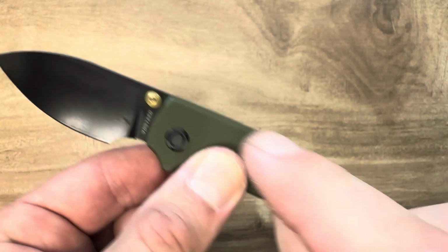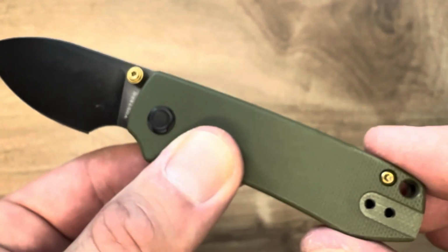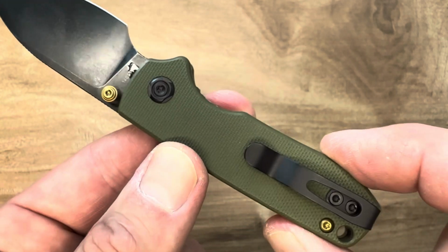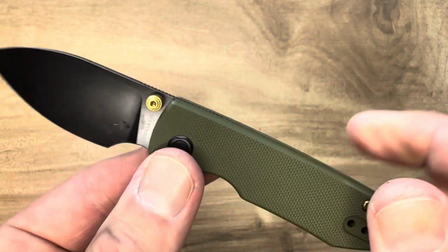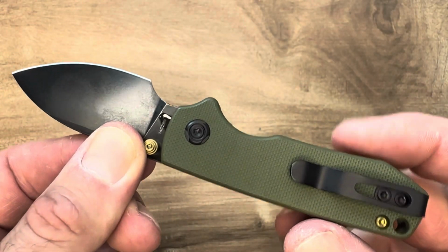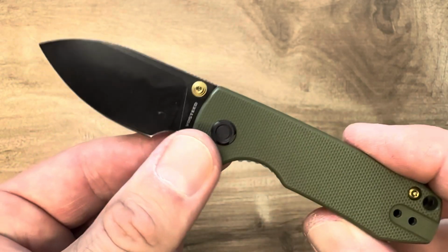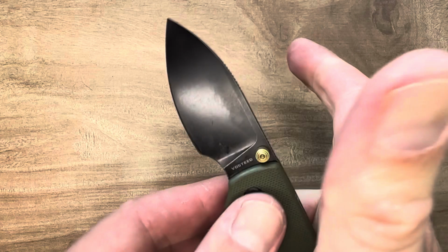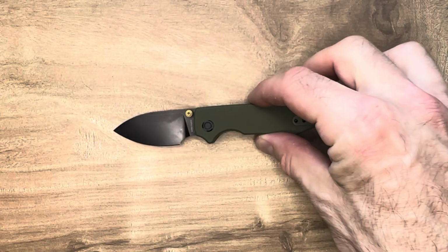So yeah, the gold hardware, that looks so cool. It really comes off nice instead of just the plain old silver. I like that nice little touch of gold on the green and black. It looks very cool. That nice Vosteed aggressive look that you're used to. G10 grabs very well. Controlled cuts, great ergonomics, a very cool small knife. So anyway,